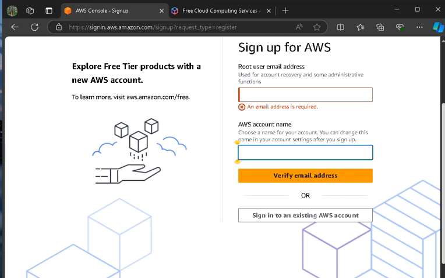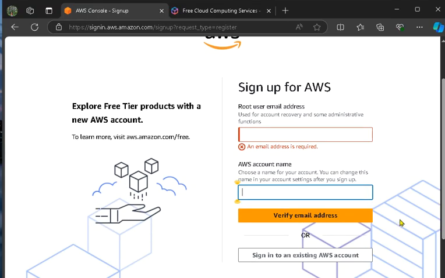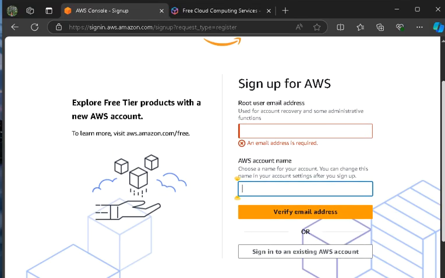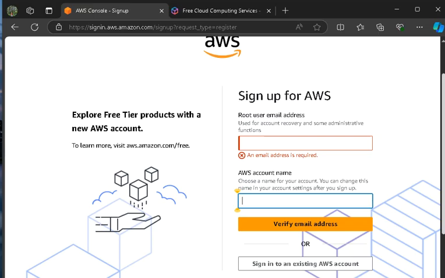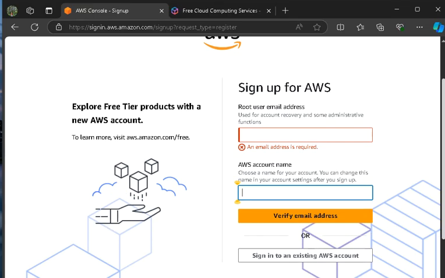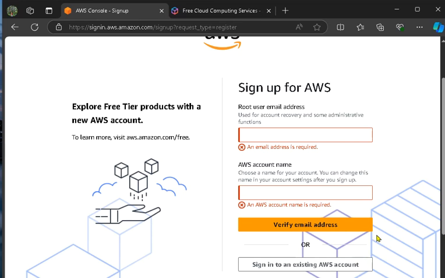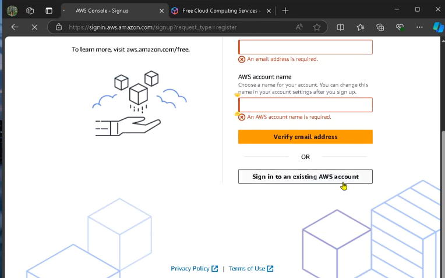After that, just enter the code, and then verify it, and that's it. You will be walking through your AWS console. So I will show you how I log in to my account.